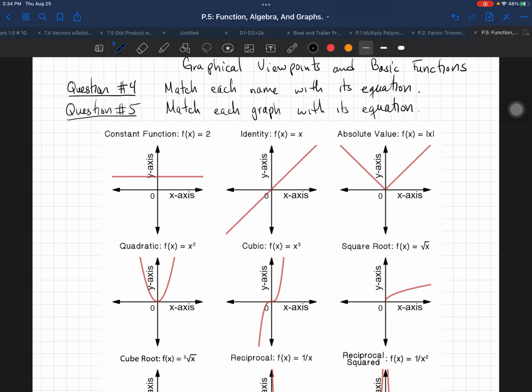So we're gonna be matching the graphs from the problem to here. Now, what I did here was I presented all the functions that we have, which are mainly the ones that we're gonna be seeing in our class. One that is not in the assignment is the constant function. If you notice this one,